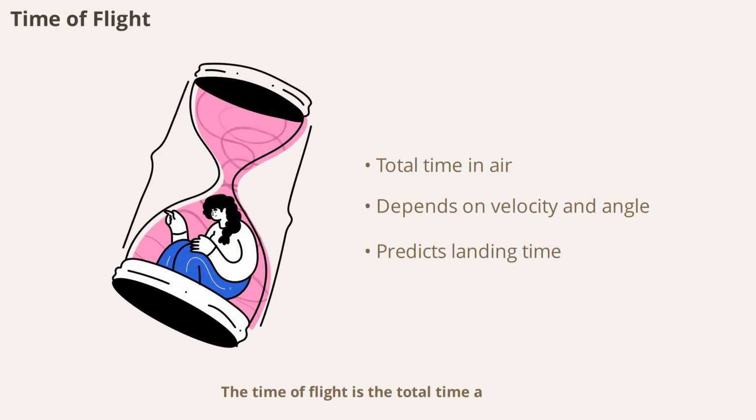Time of flight is the total time a projectile spends in the air from launch to landing. This duration depends on the initial velocity, the angle of projection, and gravity. By analyzing the vertical motion, we can derive a formula for the time of flight. This concept is essential for predicting when a projectile will land, which is important in various fields, from sports to